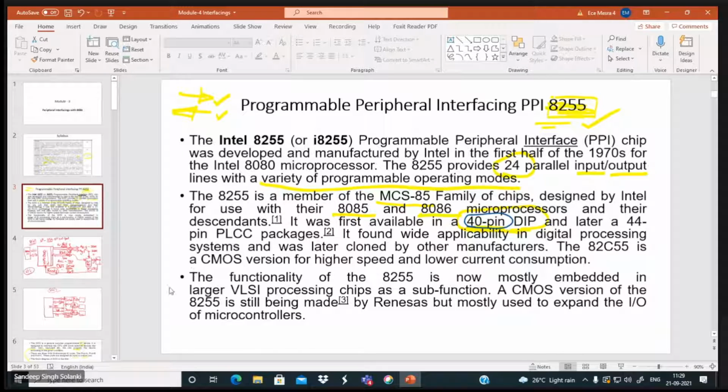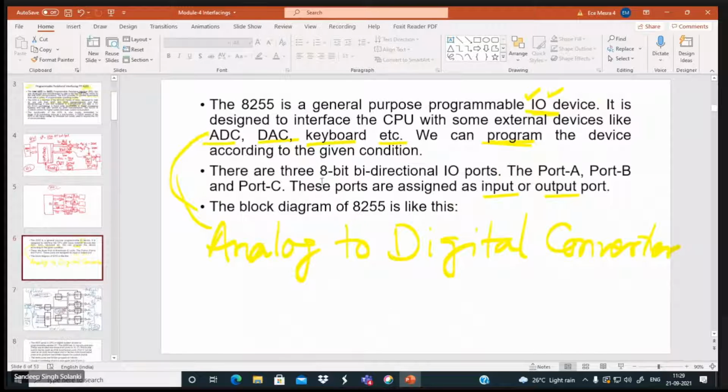For your information, it has mainly 2 modes of operation. One is called bit set reset mode. Another is called input output mode. In input output mode, once again you have 3 types of mode: mode 0, mode 1, and mode 2.